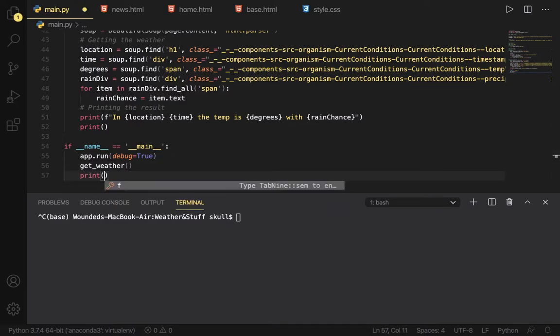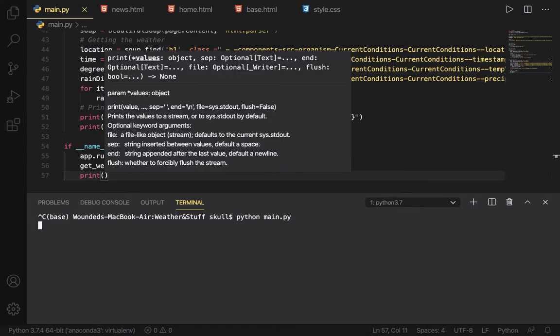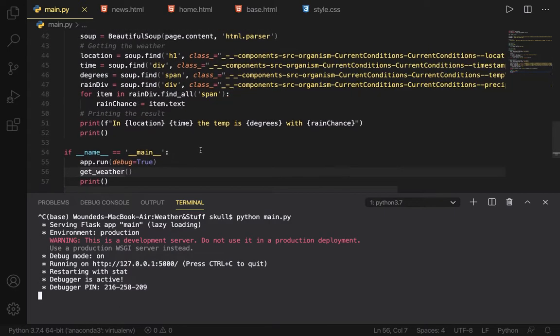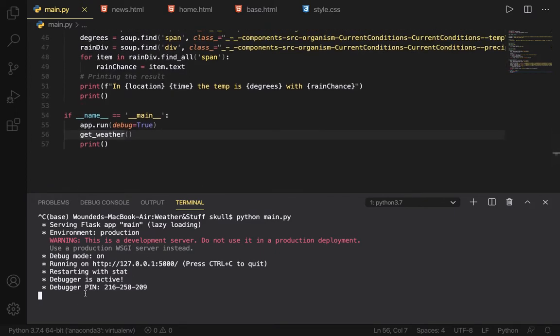Then I'll just print, leave a line, python main.py. I'm not sure if this will work. Okay, debugger pin is this. Will you work, my friend?